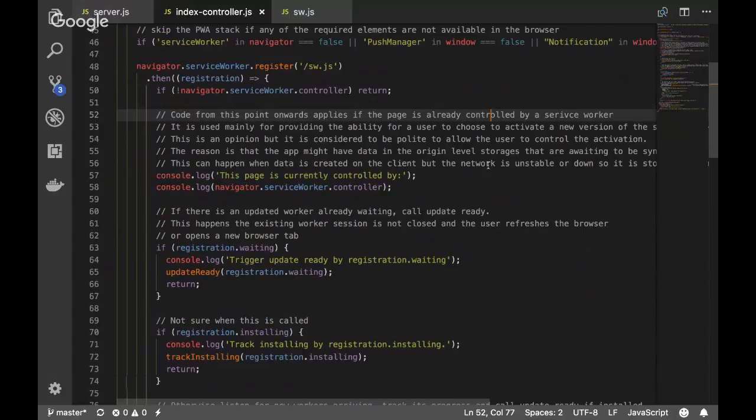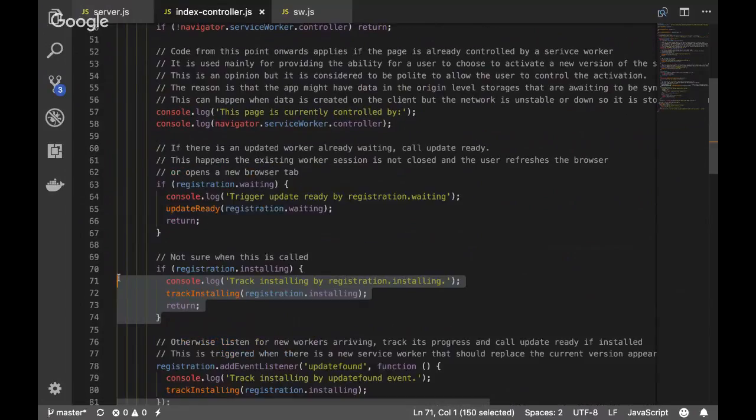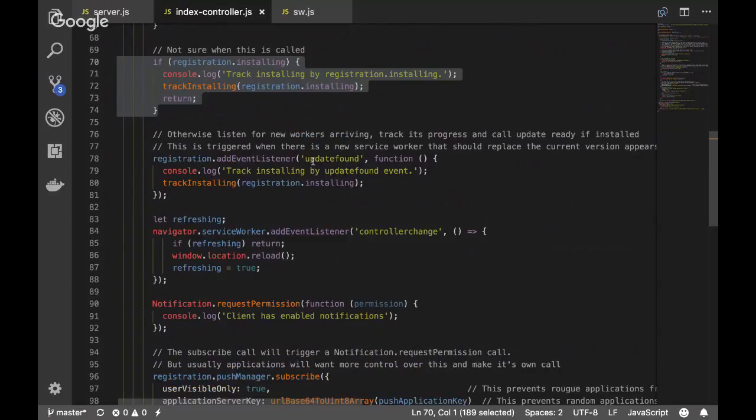What we have here is we are basically doing the checks to make sure that whatever I need for PWAs is there before I even start registering it. Then we look at the status of the service worker, so that this allows you to track when a new version comes in and to prompt the user to update the service worker.